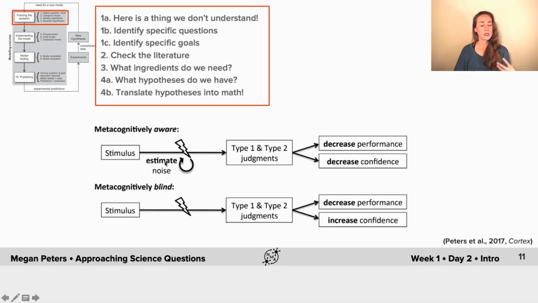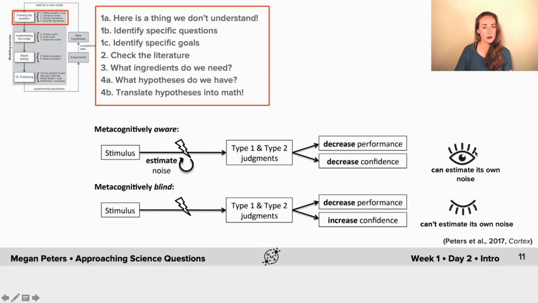So this is the primary, really the only difference between these two models. And we can use some fancy math to fill in what's going on in these arrows. Some math here and some math here. Okay. And so these are the icons that I'm going to use to specify these two models going forward. I briefly introduced these yesterday as well. But the shortcut here is, again, that the metacognitively aware model can estimate its own noise, which we describe with fancy math. The metacognitively blind model cannot.